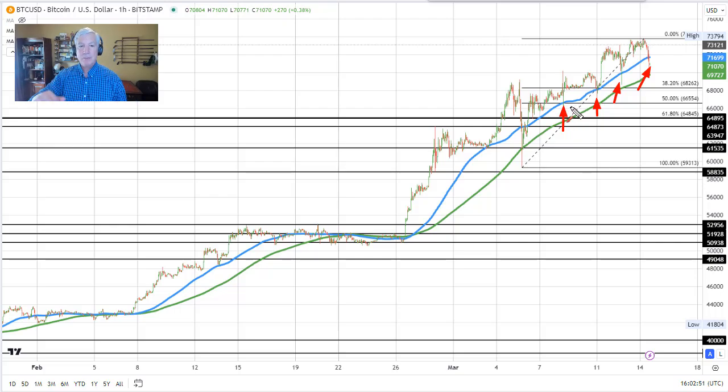Now, when you break that moving average, the price should go lower. But what happened on these breaks? Well, the market fell briefly below the level here and then quickly rebounded. The market fell briefly below the moving average and then moved above that level and started to use that level as support before moving higher. The market moved briefly below the 100-hour moving average here and then moved back above it and started its move to the upside. And now we're in our fourth break below the 100-hour moving average.